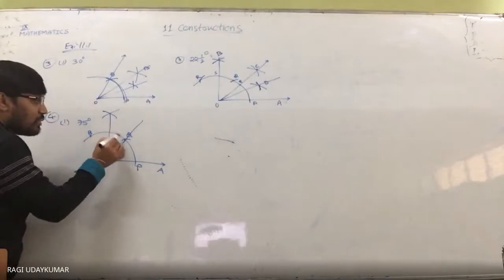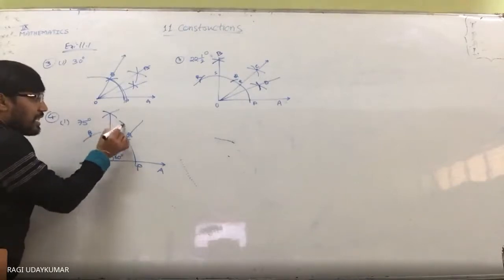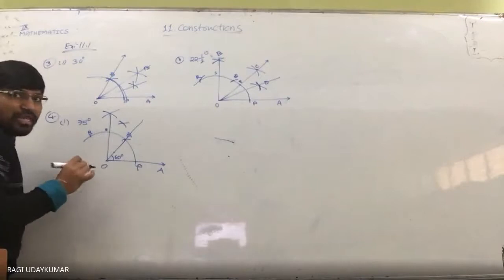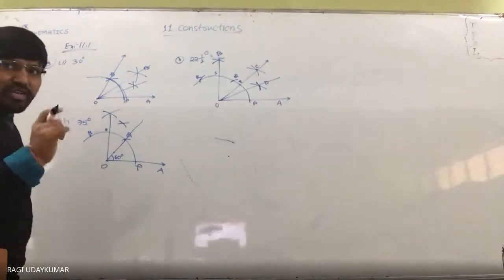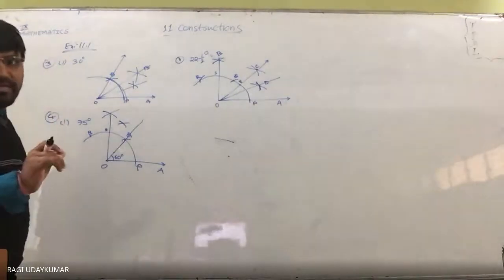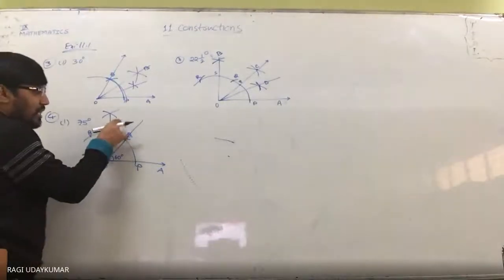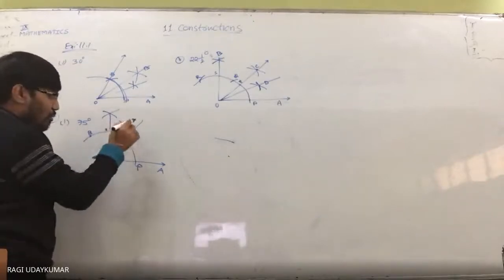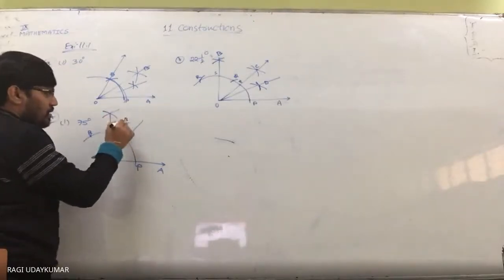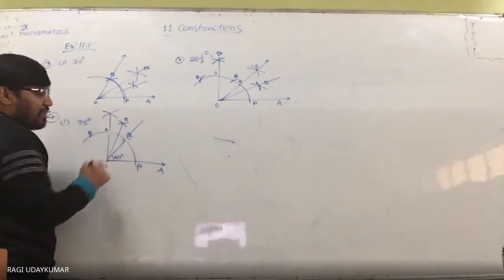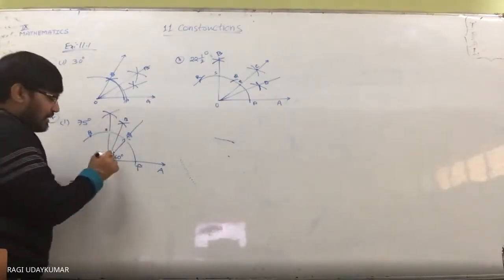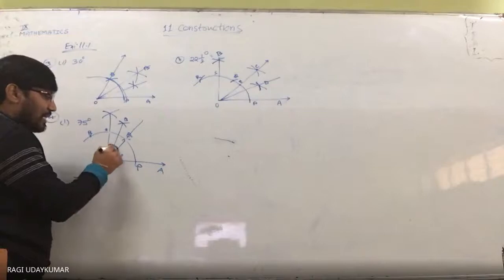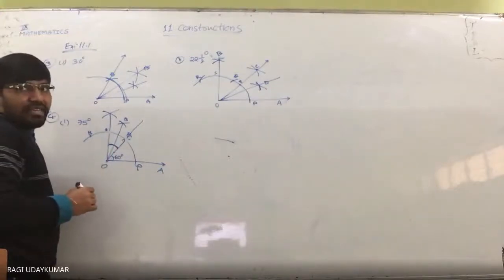So with these two points as the centers, here you have to draw two arcs. Please don't draw the way I am drawing with the hand. Use a compass. These two as the centers: S as the center one arc, Q as the center another arc. The intersecting point of these two you consider as point B. Join both. Angle AOB is 75 degrees. This is 60, and half of 30 gives 75.